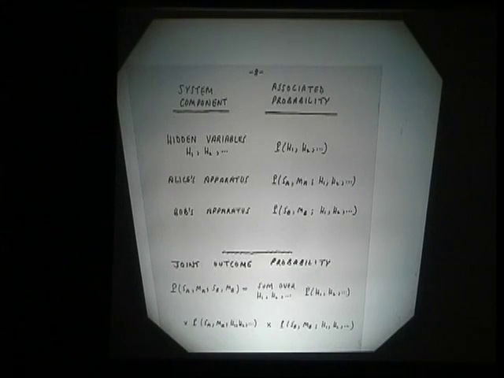Then the laws of probability say that the joint outcome probability, P of SA, MA, SB, MB, this is the probability for Alice to measure MA given axis choice SA, and Bob to measure MB given axis choice SB, is a sum over all of the hidden variable values times the probability for the hidden variables times the function that governs Alice's outcome times the function that governs Bob's outcome.